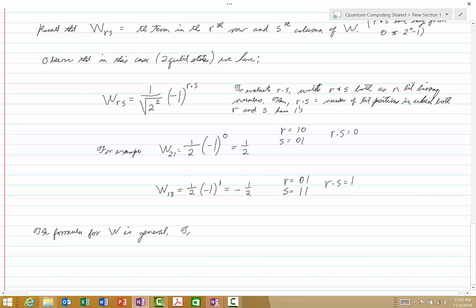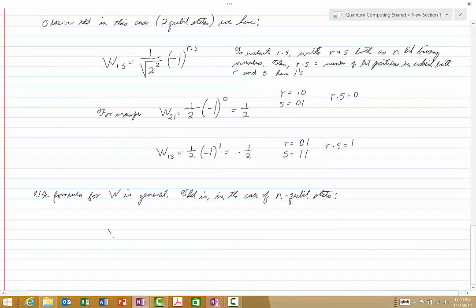That is, in the case of n qubit states, W_RS is equal to 1 over the square root of 2 to the n, times negative 1 to the R dot S power, where R